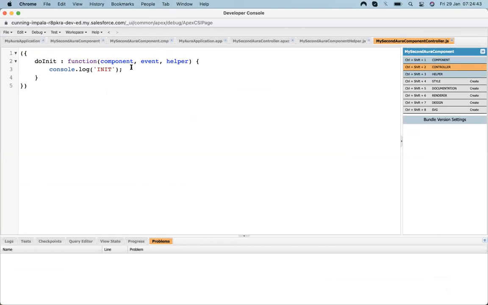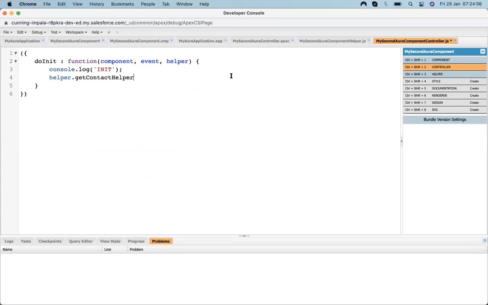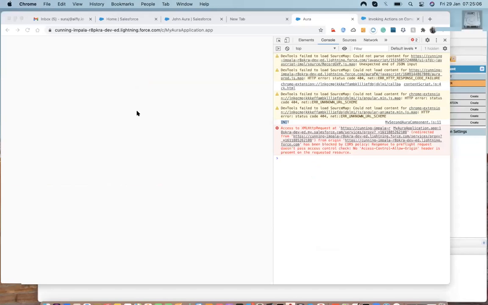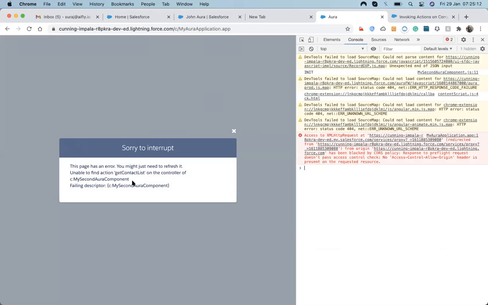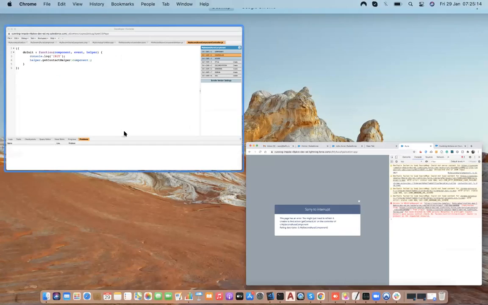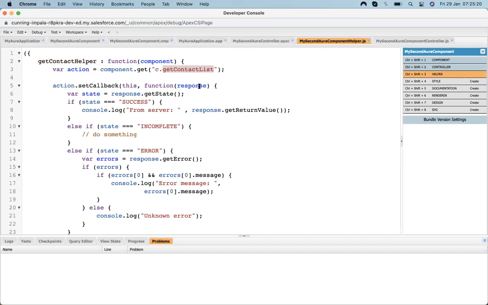In this init, I will call the helper to get the details from the Salesforce server, the get contact list. It's giving me an error that it is unable to find the contact list.